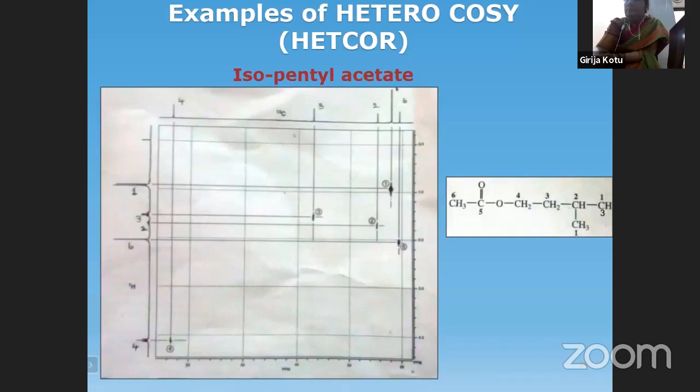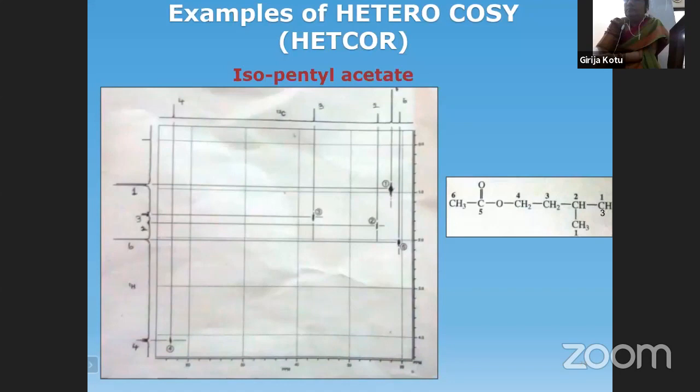But in cases like this, they don't lie exactly on a diagonal line because they're not following the same gradation. As far as C13 is concerned, 4, 3, 2, 1, 6 is the order. And as far as the proton is concerned, it is 4, 6, 2, 3, 1. So definitely they don't follow the same gradation, and the cross peaks also will not lie on the diagonal line. That's the reason why it is said they lie on an imaginary diagonal line, more or less. So don't worry about the cross peaks lying on the diagonal line. The only thing is you have to see the connectivity.